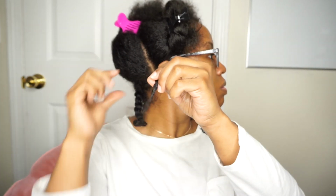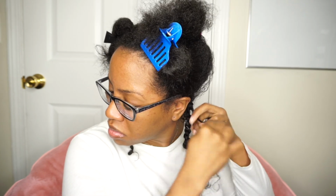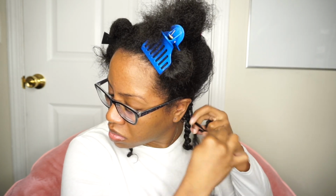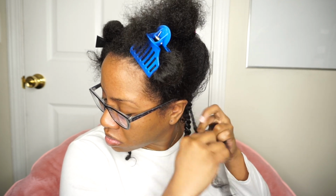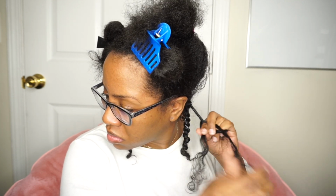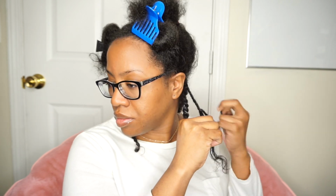So now that I've done this 3-strand twist, look how much it looks like the other twist. I had to go back and do that twist too. So I kind of slowed it down here to show y'all in real time how I do the 3-strand twist. I'm probably not gonna do a 3-strand twist tutorial because I'm not the best at it, and it's hard for me to get these close-ups sometimes, but